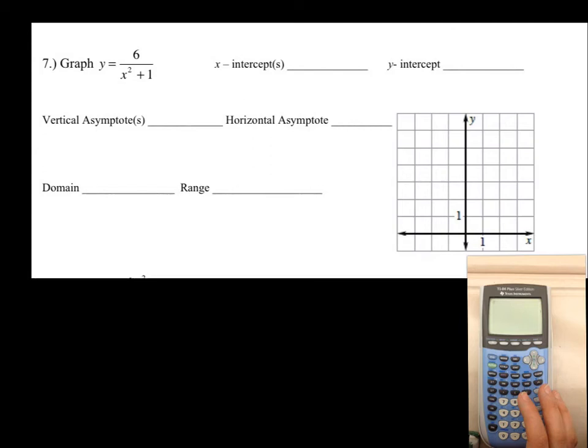So for number 7, we've got the function 6 divided by x squared plus 1. So for your x-intercepts, remember that's when y is 0 and you're finding x. So if we plug in 0 for y, and really what happens is you multiply by that denominator, and what always happens is you always end up solving for your numerator being equal to 0. Because if we do 0 equals 6 over x squared plus 1,